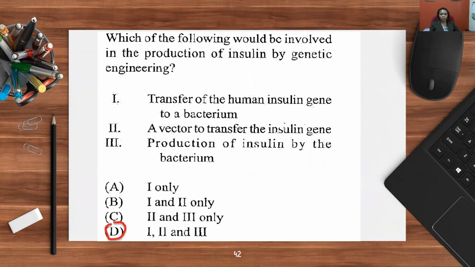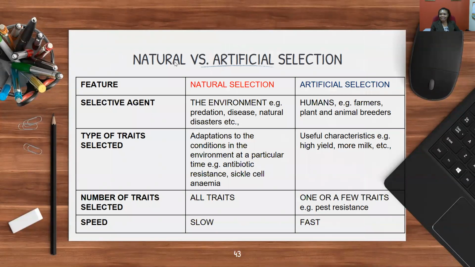Next concept, natural versus artificial selection. So in natural selection, the selective agent is the environment. Example, predation, disease, natural disasters. Like for example, now we have